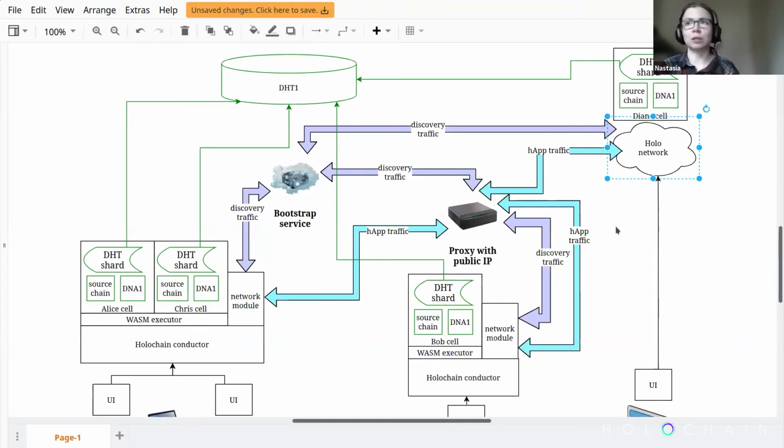basic whole chain application. So as you can see, the discovery traffic always goes through the bootstrap service. But once every conductor knows about the existence of the others, the actual application traffic only goes between the conductors themselves. But since this conductor is behind the proxy, all of the traffic would be going through the proxy as well. Proxy wouldn't be able to decipher the traffic that's going through it, but it would be a necessary part of